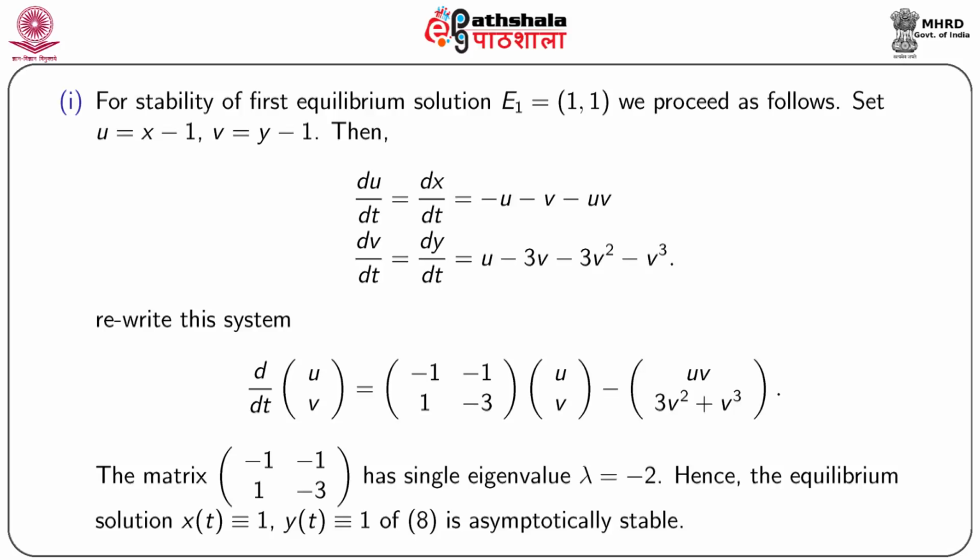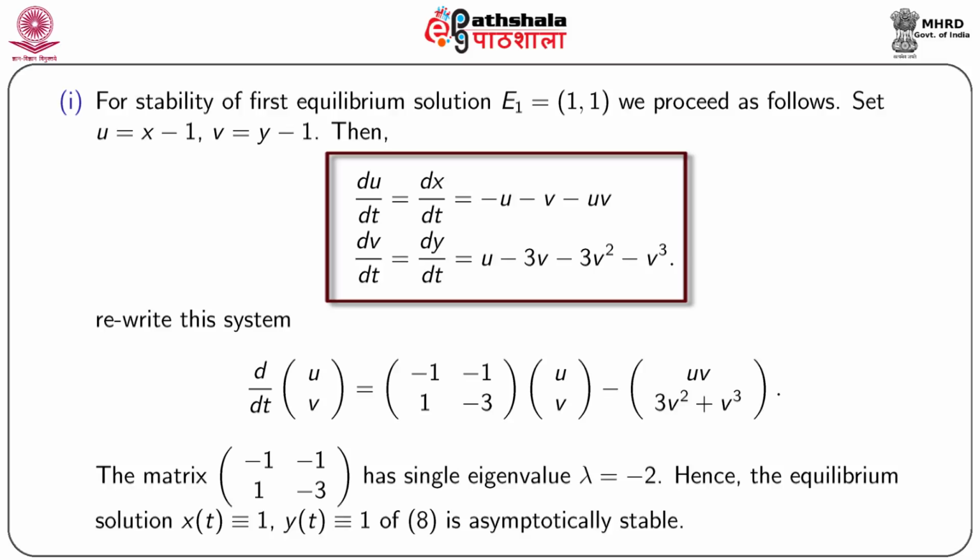For stability of the first equilibrium solution (1, 1), we proceed as follows. We set u equal to x minus 1 and v equal to y minus 1, and then du/dt, which is equal to dx/dt, equal to minus u minus v minus uv,